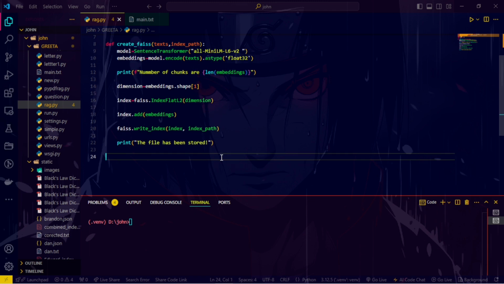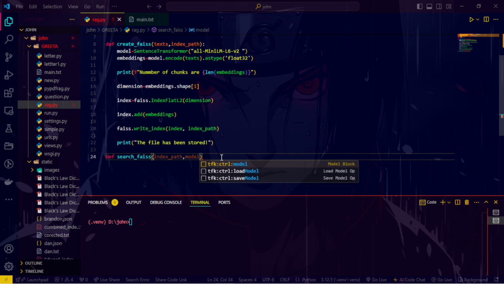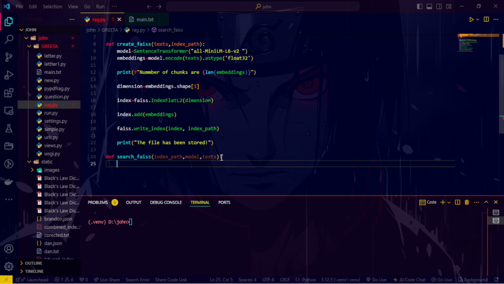And the second step that should be involved in this, we have to make another function that searches for our particular result from the vector data, and I name it search_faiss, and we also need to give the index path that can identify the path. And the second thing, we have to use the model here also, and the text also. Okay,